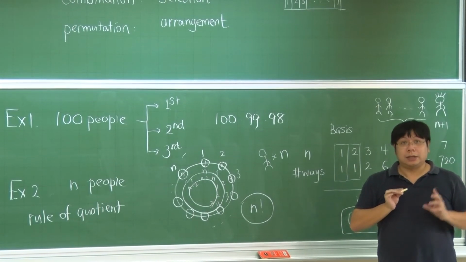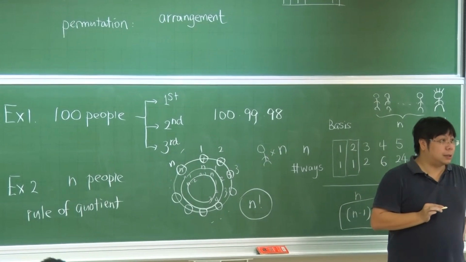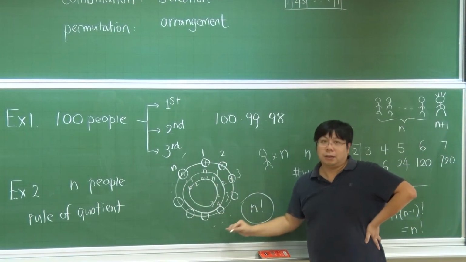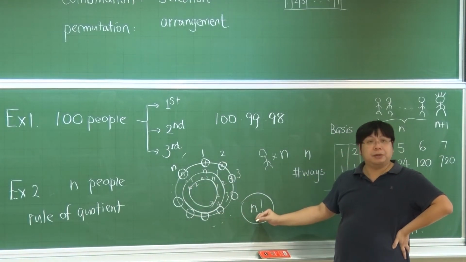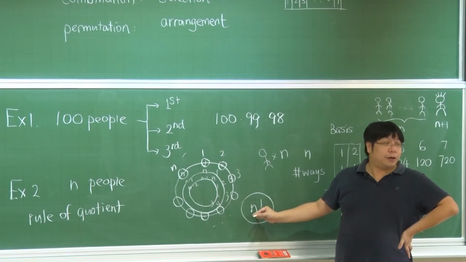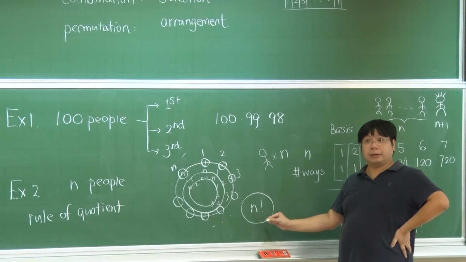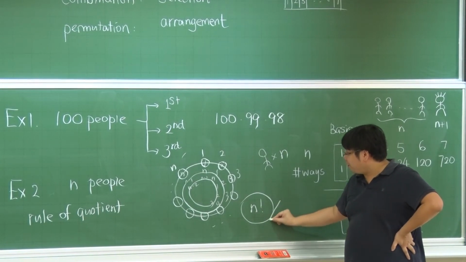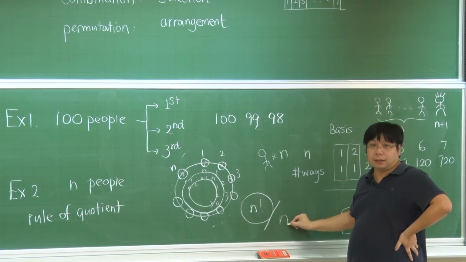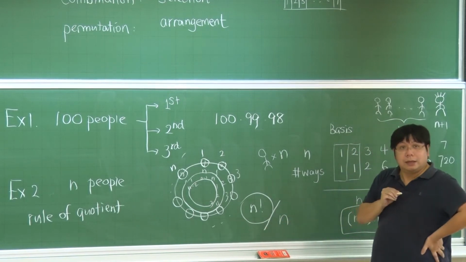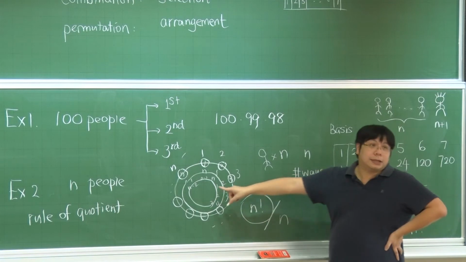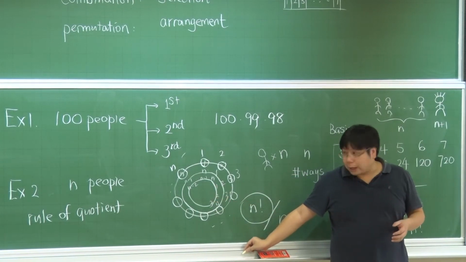So the actual number of arrangements will be equal to what? It will not be equal to this n factorial. This n factorial is overcounted. So we should divide this by n. Is that okay? Okay. Now, to understand why this is true, we will need to show that,